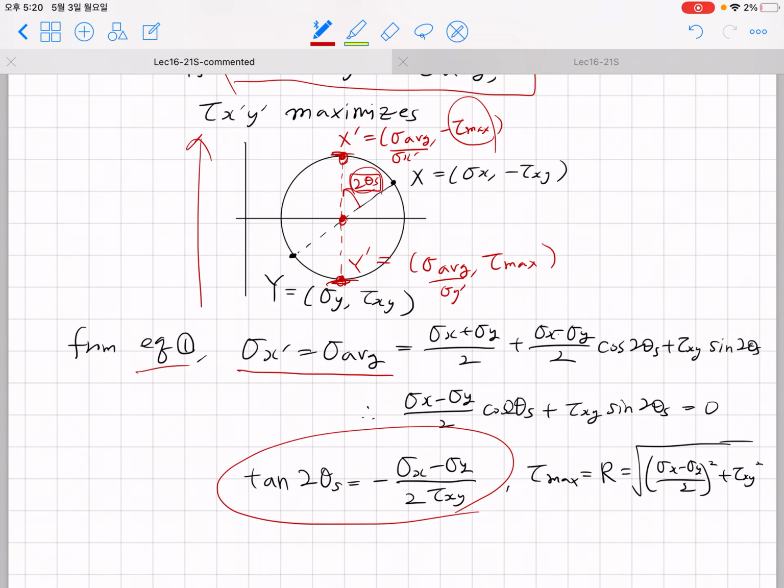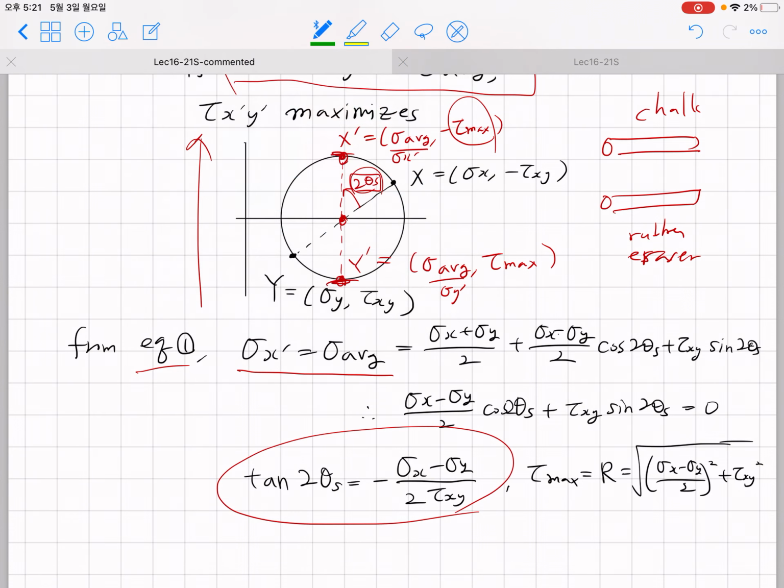And as I told you, ductile material, such as rubber, fails along the maximum shear stress. So after obtaining the coordinate system where the maximum shear stress occurs, you can obtain the failure of ductile material. For example, if you have this cylindrical sample made out of chalk and made out of rubber eraser,